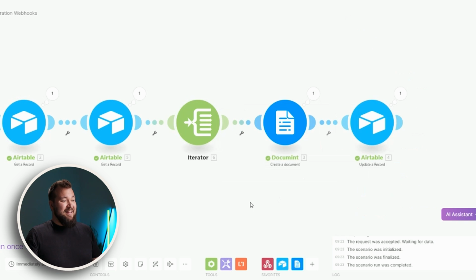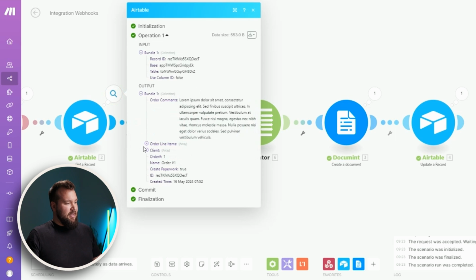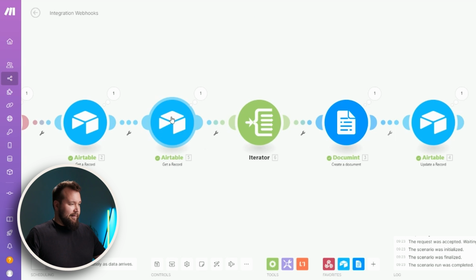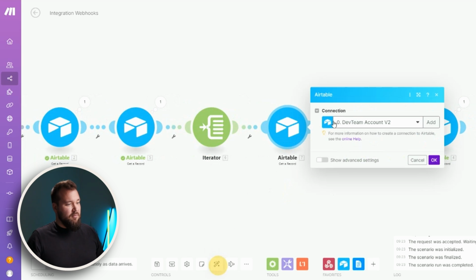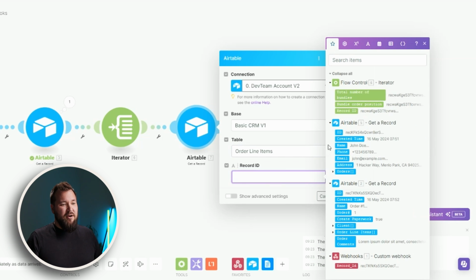Press OK. The next step is to actually fetch the details of that order line item, because even if you open this up and you see the stuff that is in that array right now, it's just record IDs. It's not telling me the price, the name of that item, it's telling me nothing really. So I want to find out more. And to do that, I'm going to clone one of these get a record modules, open this up, and now I'm going to change the table to order line items, get the record ID from my iterator,